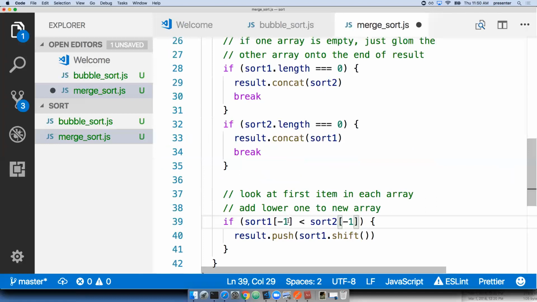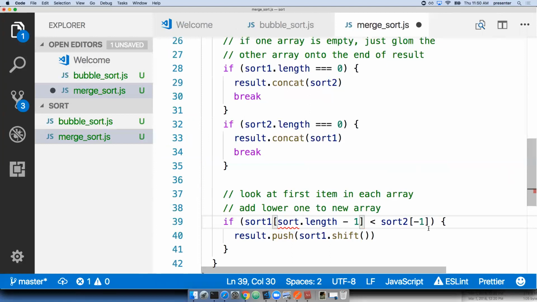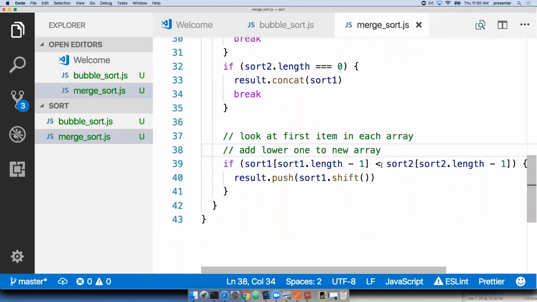Thanks for the hint. If you're working on some huge app, you should write a prototype for grabbing the end of something, so you don't have to do array dot length -1 every time you want to grab the last item. Or use Python. Okay. So now we're going to do result.push